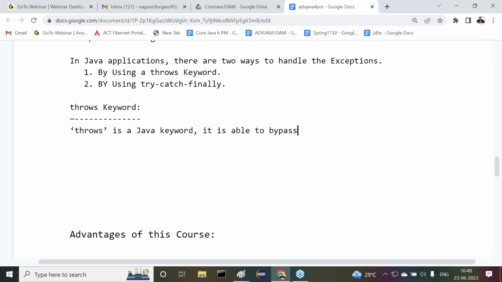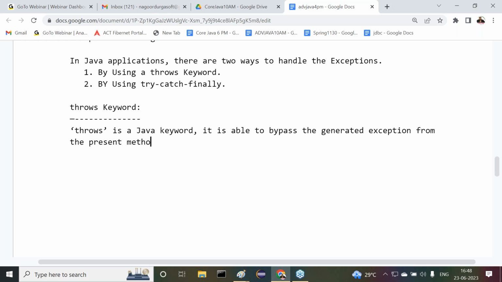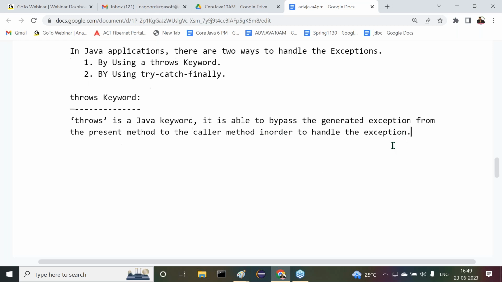It is able to bypass the generated exception from the present method to the caller method in order to handle the exception.